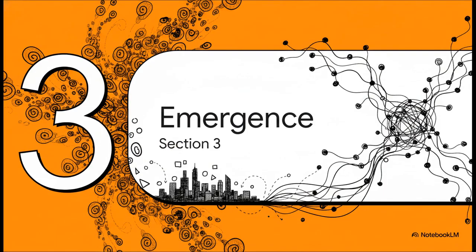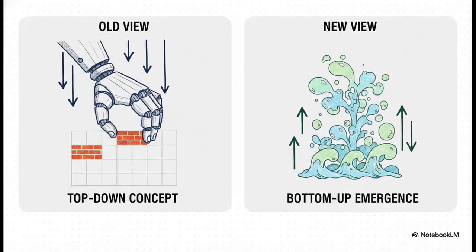Section 3. Emergence without a blueprint. We just learned that persistence is totally unforced. But how does that unforced persistence actually lead to the incredibly complex world we live in? It happens through a process where structure spontaneously appears, without any pre-planned design whatsoever. So the crucial point is right here in this comparison. The old view assumed there had to be a predefined design, some central control dictating where all the solid objects go. But the new view entirely flips that script.